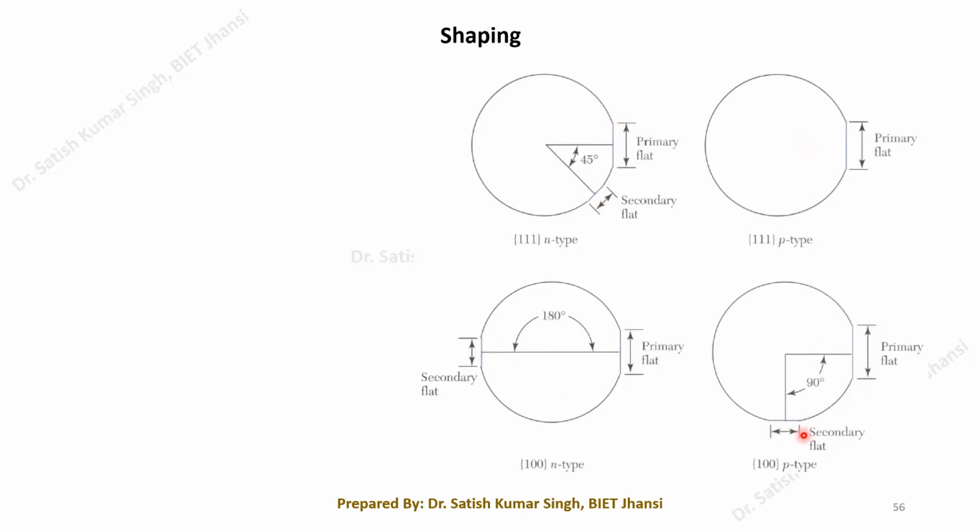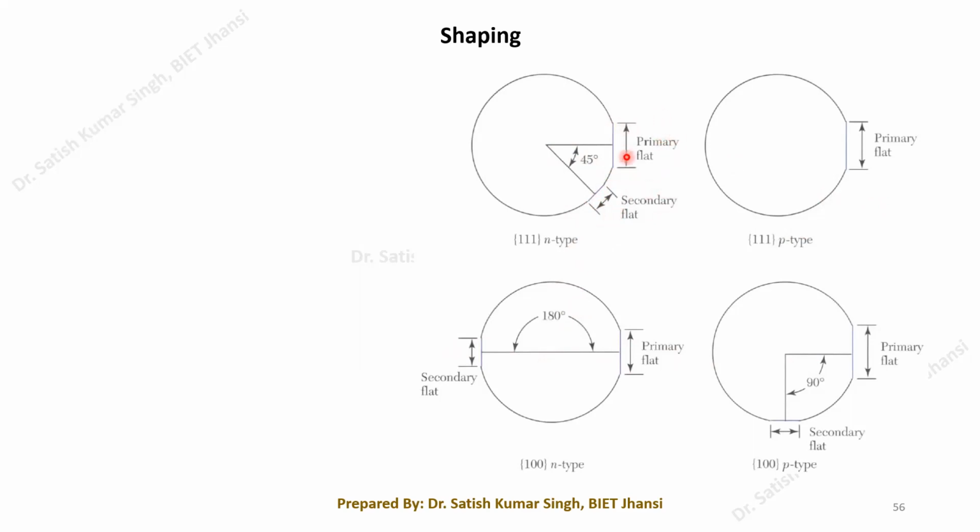Now you can see the length of the flat is different. In the first, only one flat was there. In the second one, you can see we have two flats. Similarly, in the third and the fourth pictures we have two flats. But the difference between the flats is that one flat has more width as compared to the other, in all the pictures you can see. And another difference is the position of the flats with respect to the primary flat.